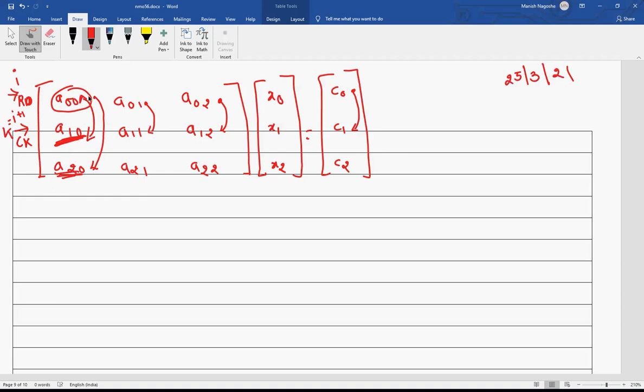Once this is 0, again I need to perform some multiplication and mathematical operation so that this becomes 0. Similarly, using this, I also have to perform the operation on this, and using this, on this.